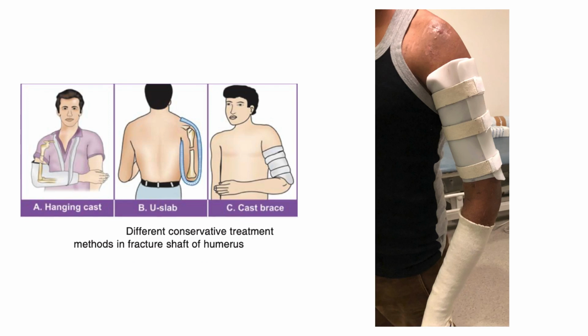So here, if you see the simple splint in birth fractures, the simple sling may be sufficient in young children. The hanging cast, if you see in this image over here, A, that is the hanging cast, is useful in older children and adolescents because it is very easy to don and doff, and also to have a good functional outcome. In older children, in adolescence, it is easy for them to maneuver and to do their functional